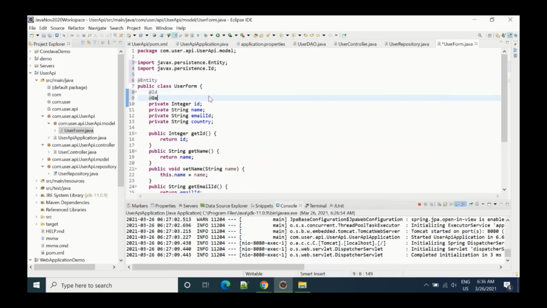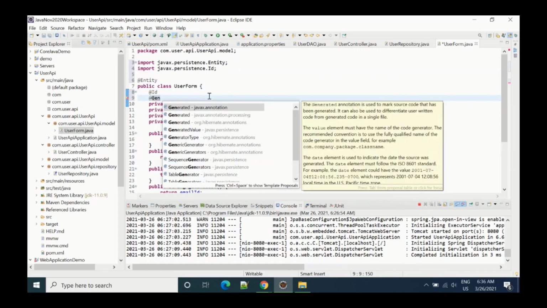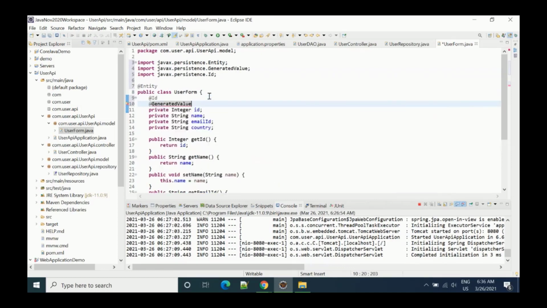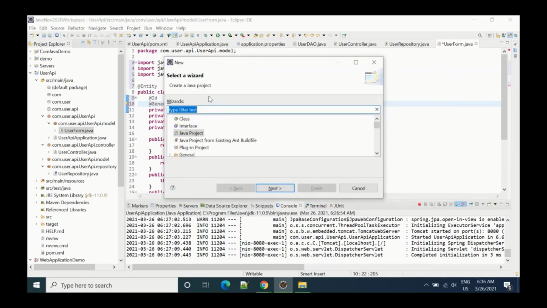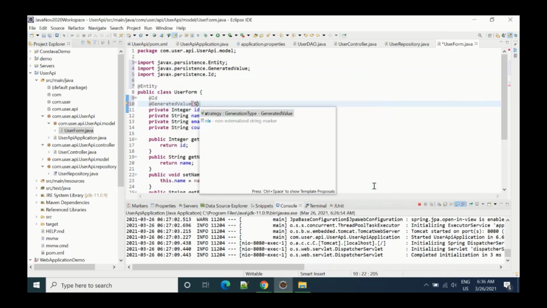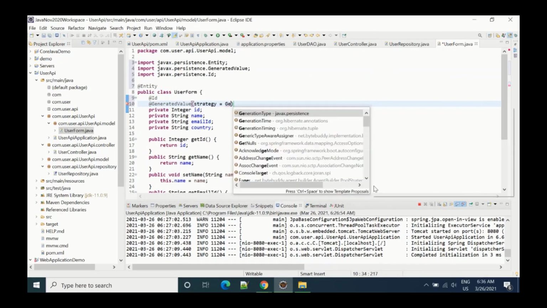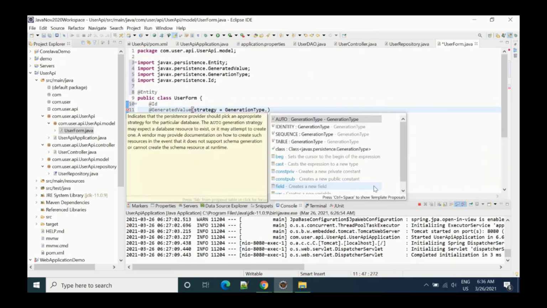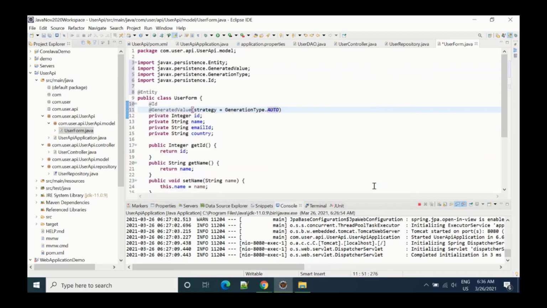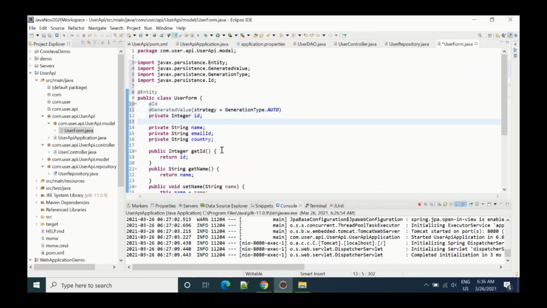So I'll write here generated value, with strategy equal to generation type dot auto. This is what we have to write for ID. The rest, name and other things, will be the same.